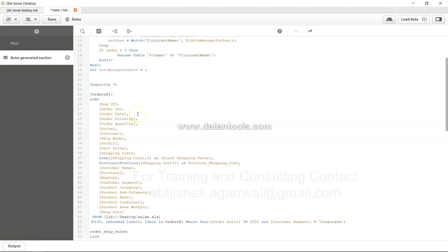So how it can be useful, or in scenarios in which it can be useful, things like every month you are getting the new data that you need to append. So instead of copying and pasting and those kind of things, you can simply use append, the concatenate functionality, and concatenate those two tables. As well as scenarios like where I have seen, for example, you have a budget file